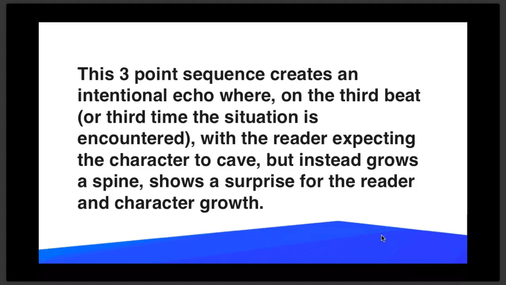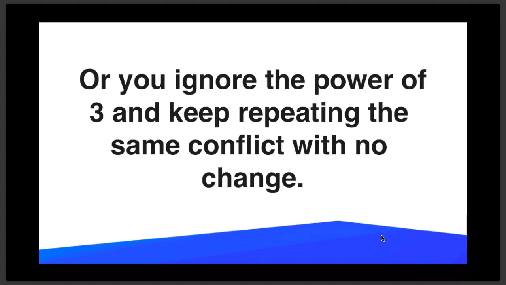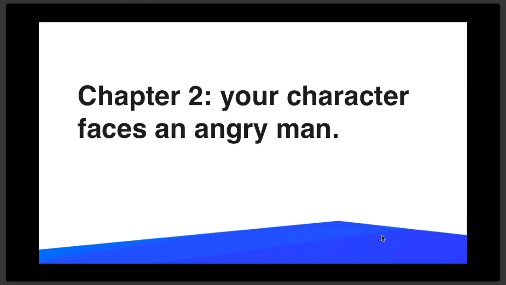They've caved twice. Are they going to be able to stand up for themselves now? If on that third time they grow a spine, that shows a surprise for the reader and a character growth. Now, if you ignore the power of 3 and just keep repeating the same conflict with no change, Chapter 2, your